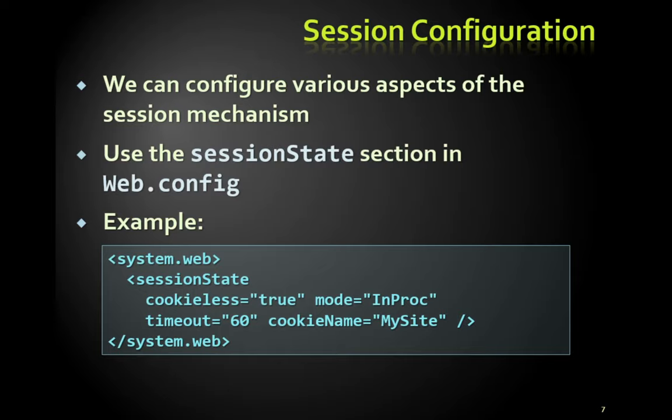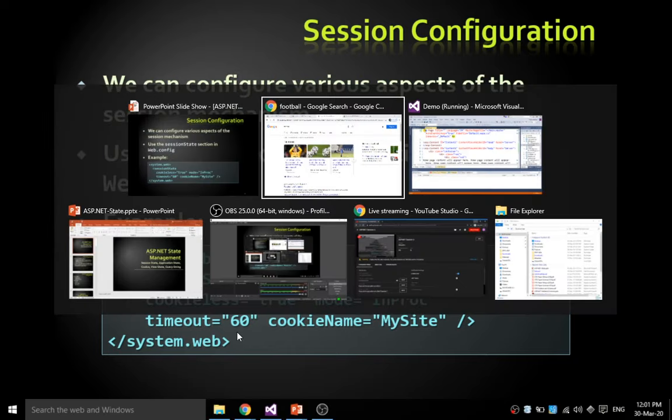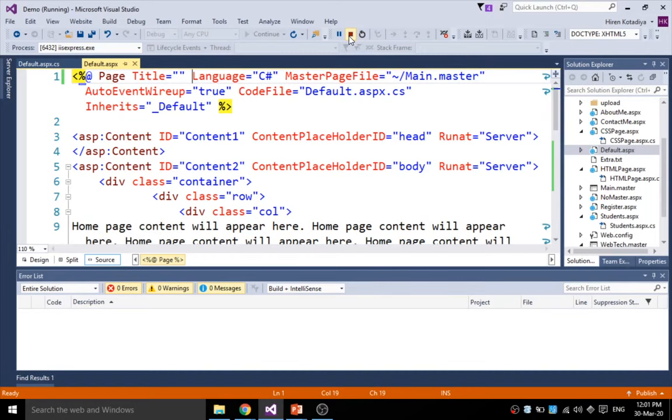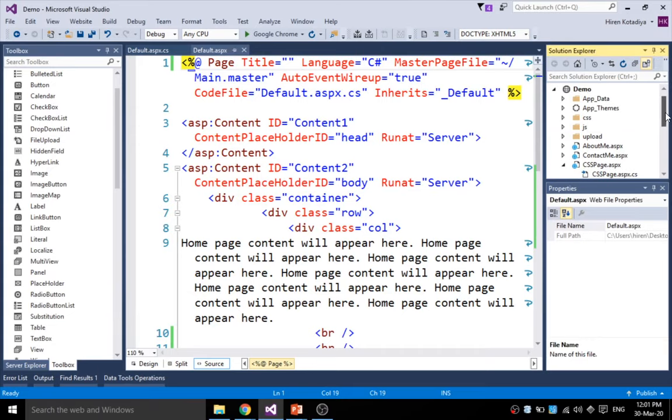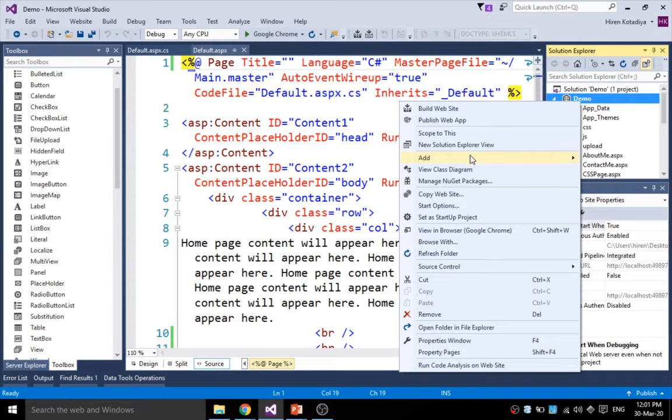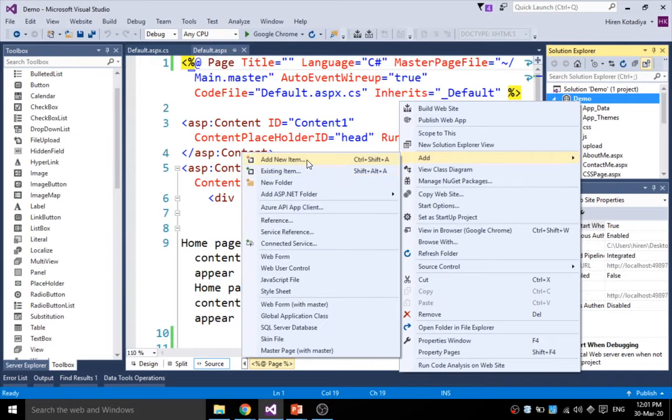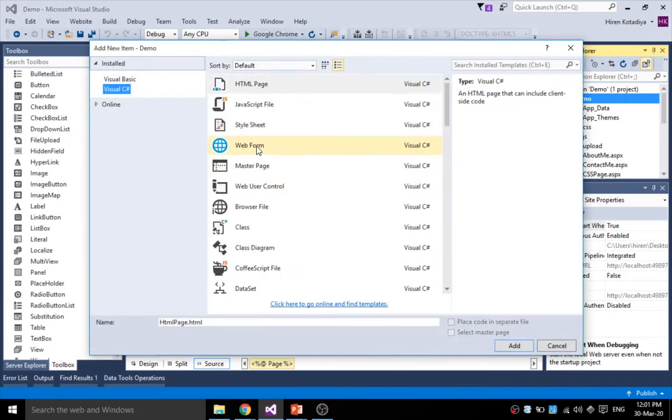Now we will come back to this, that there are different modes of the session, but let's take one example first to understand the application of the session. So I'm going to create one login page, that is ideally the best use of the session. So let's do one thing. Let's add a login page. Right click, add new item, select a web form, and we will use,